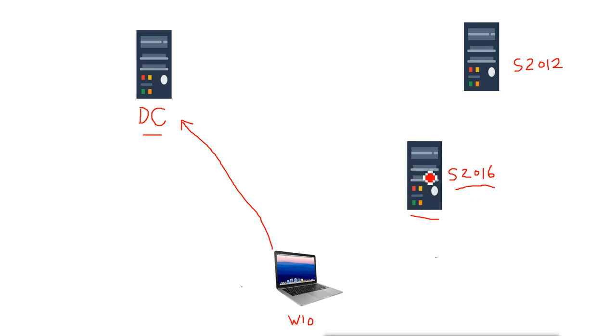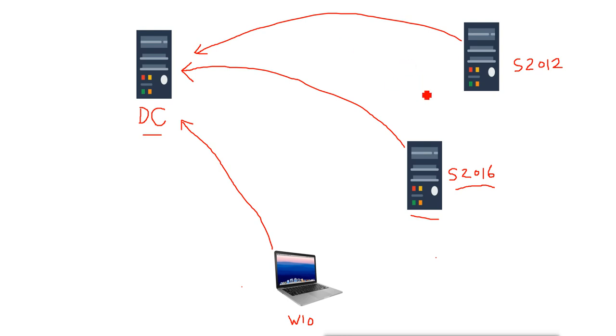Now what I can do, just like the same I make this Windows 10 machine a client, I can make this server machine also a client for this domain. Now this server is not having any Active Directory things, it just works like a client. And we can also have Server 2012, which can also be a member or the client of our domain. We can have Server 2008 also. We can make that machine also a member of our domain. Now these machines are server operating systems, but they are acting as a client in our domain. So these kind of servers are called member servers.